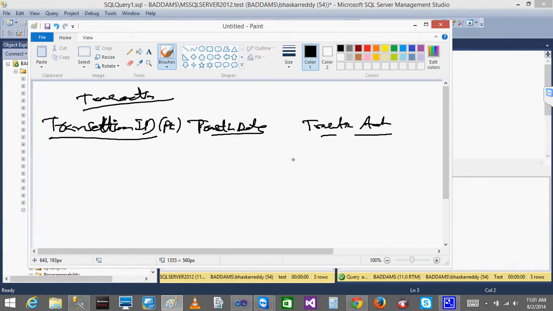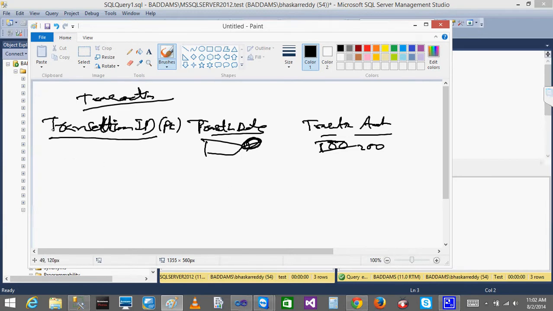Whenever you do a transaction, the date is created automatically, and you may update the transaction after 2 days, later on. Let's say the amount is 100, and after 2 days you update it to 200, done. But you are not going to change this transaction date.